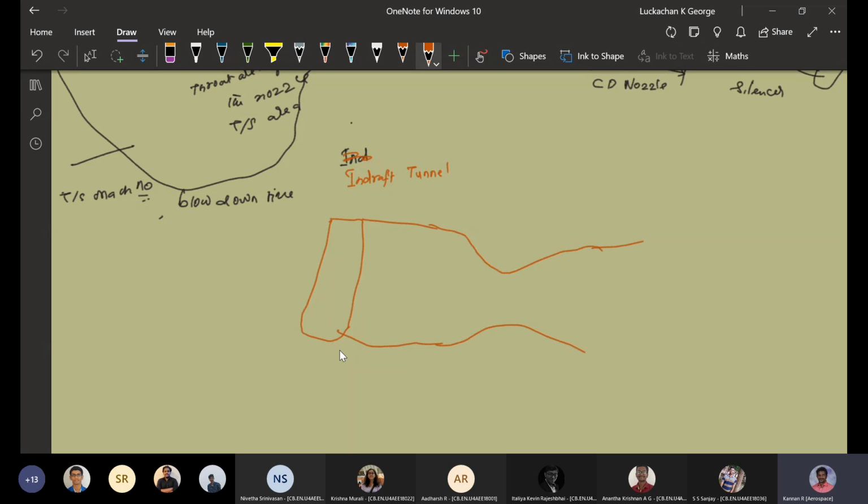From the convergent divergent nozzle you are going to have a test section. If there is a necessity, they will go for one more convergent divergent diffuser. Basically it's the diffuser part. This is your test section, this is your CD nozzle,